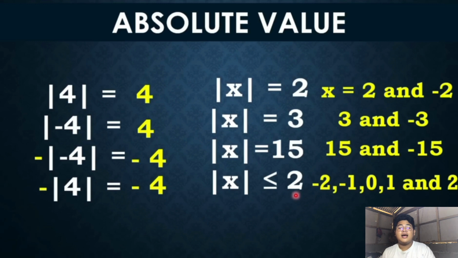So here is the absolute value of x equals 2. So x is equal to 2 and negative 2. The absolute value of x equals 3: x is 3 and negative 3. If the absolute value of x equals 15, then x is positive 15 or negative 15. So x is less than or equal to... it will be negative 2, negative 1, 0, positive 1, and